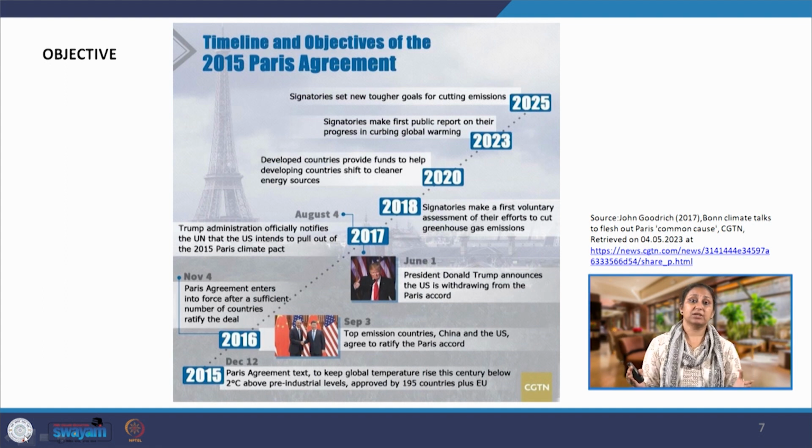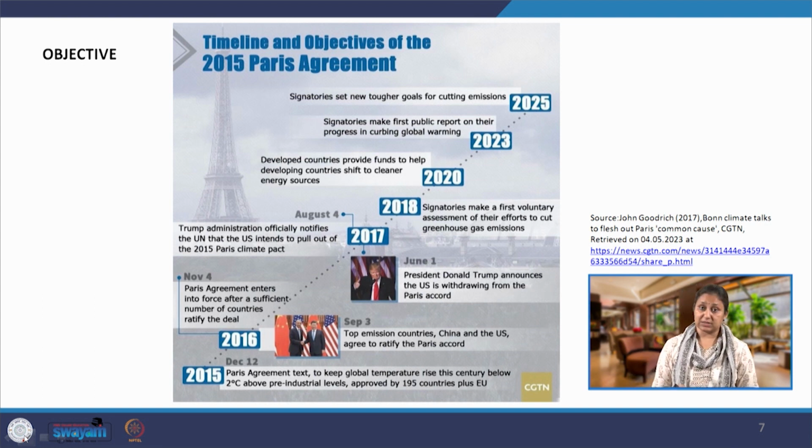So, there was a sufficient number to ratify and to bring this agreement into force, but there was a major blow when in 2017 the US administration, President Donald Trump, announced that the US is withdrawing from the Paris Accord, and it was officially notified to the UN that the US is intending to pull out of the 2015 Paris Agreement. Yet the agreement moved forward, and in 2018 the signatories made a first voluntary assessment of their efforts to